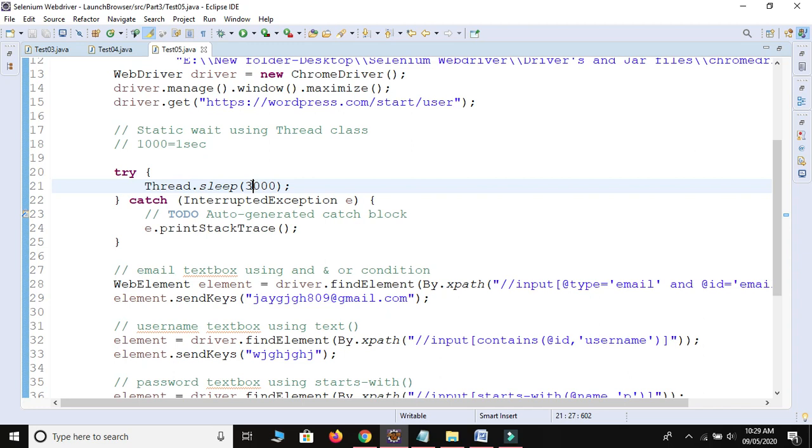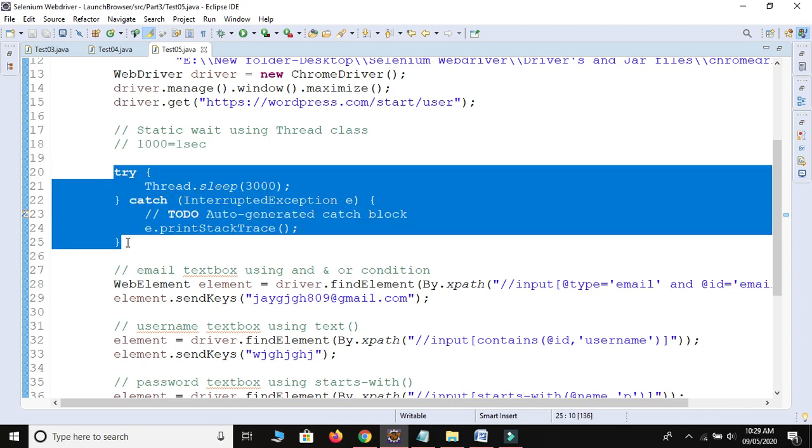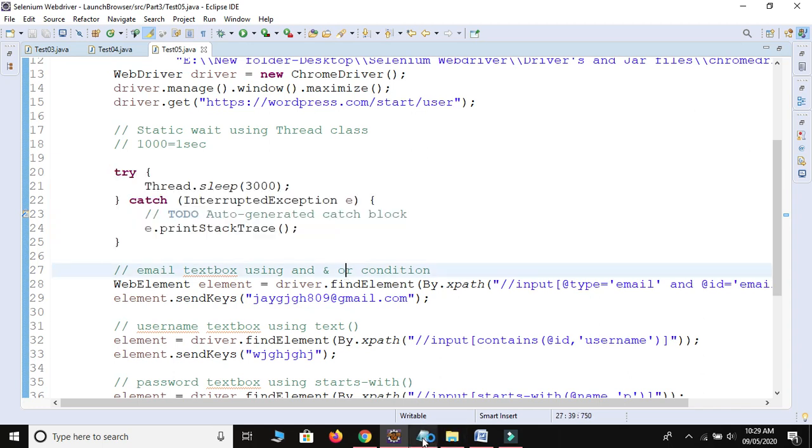It will completely wait for the 10 seconds. So Thread.sleep is present in Selenium, but it is not a good approach to use in your script, because this is a static wait.